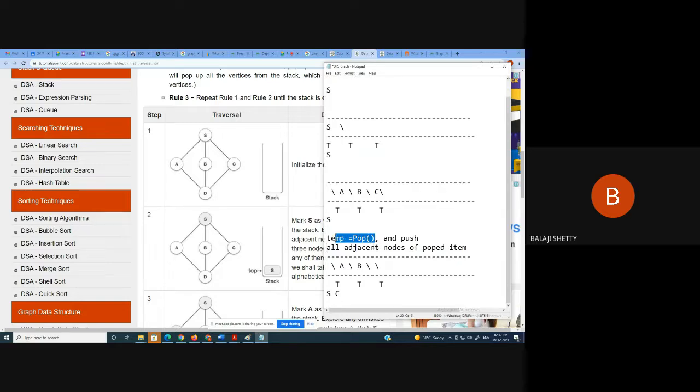So temp equal to pop, what I get here is C, and I push all adjacent nodes of the popped node.